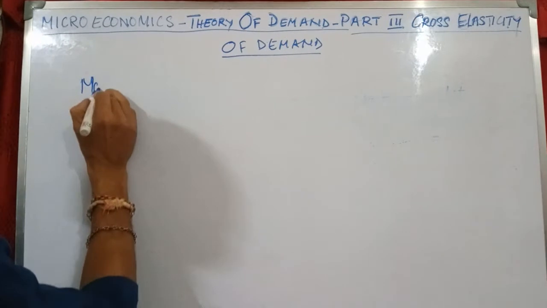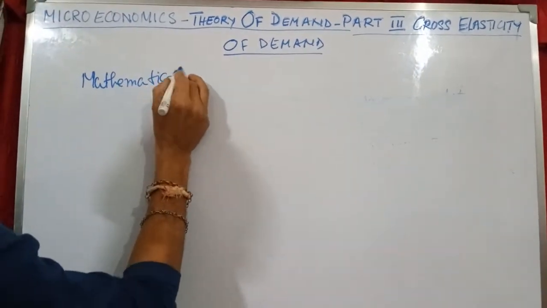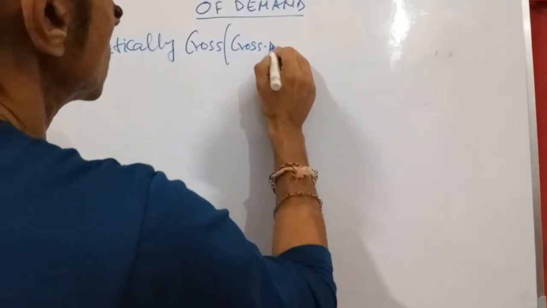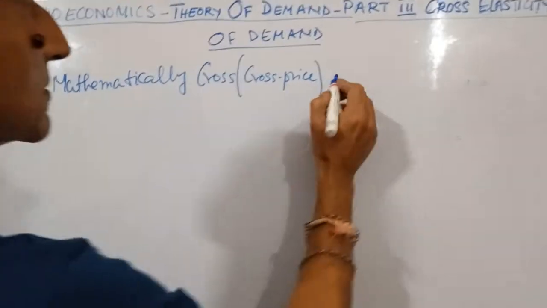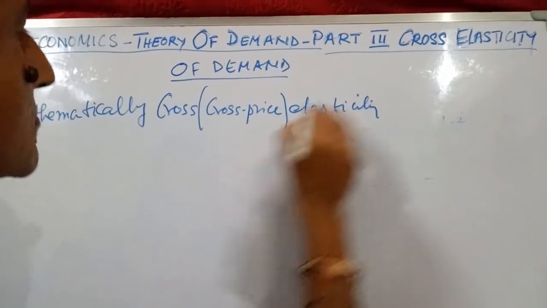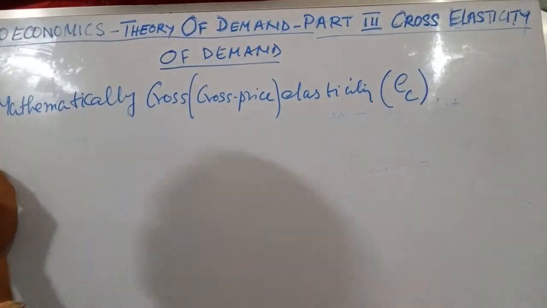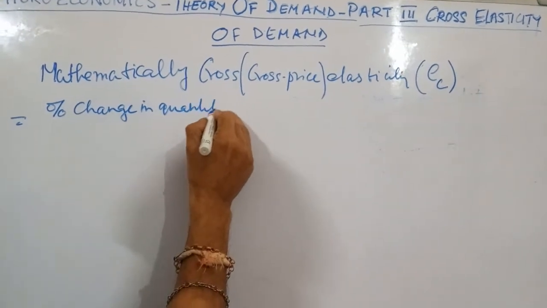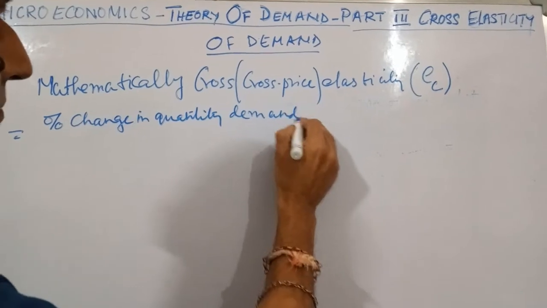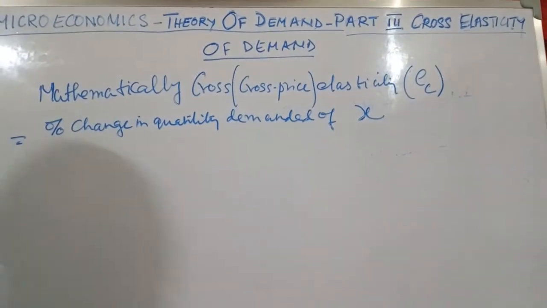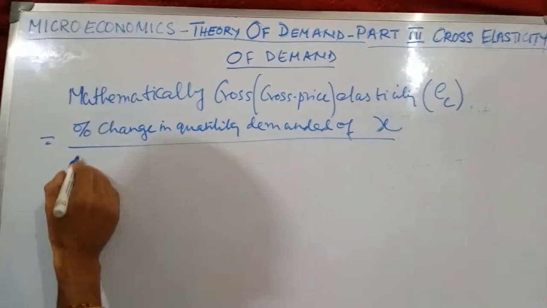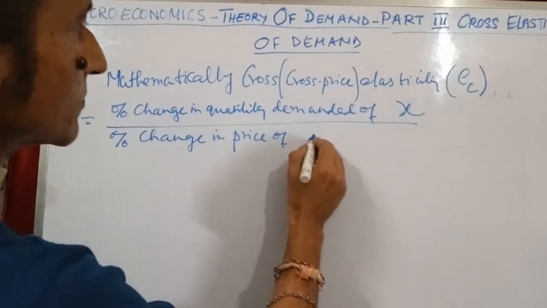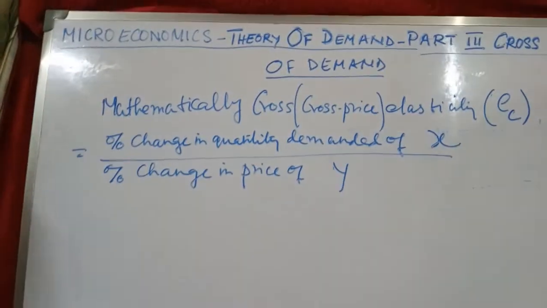Now mathematically, it is also called cross price, same thing, cross price or cross elasticity or cross price elasticity, equals to percentage change in quantity demanded of X divided by percentage change in price of Y. Correct? This is equal to